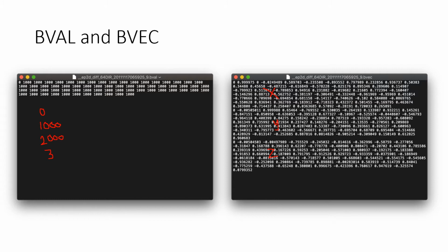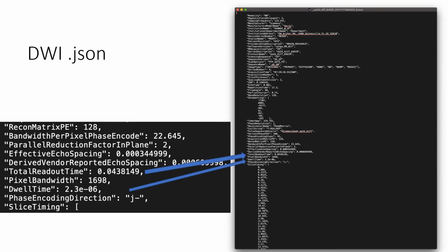So those are the BVal and BVec files created. The JSON file is also created. We won't really look at it in the next video as we're walking through the processing, but depending on the software that you're using, there are some values in here that we'd want to pay attention to. This total readout time,